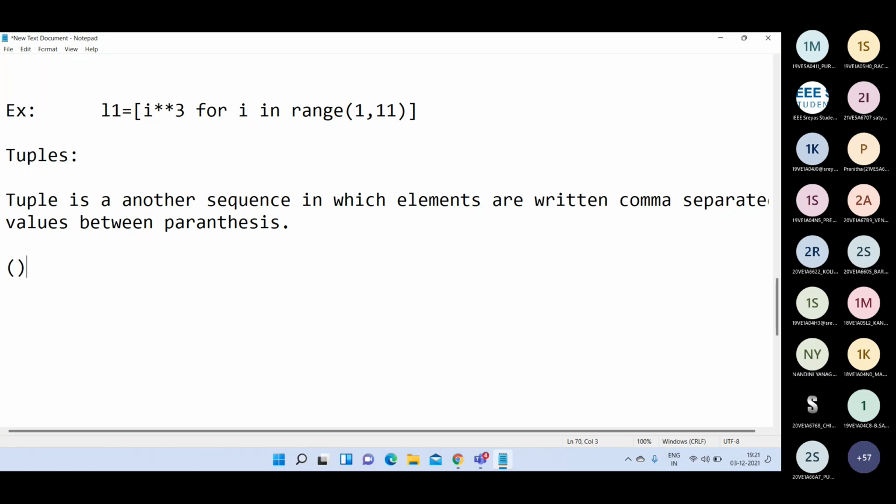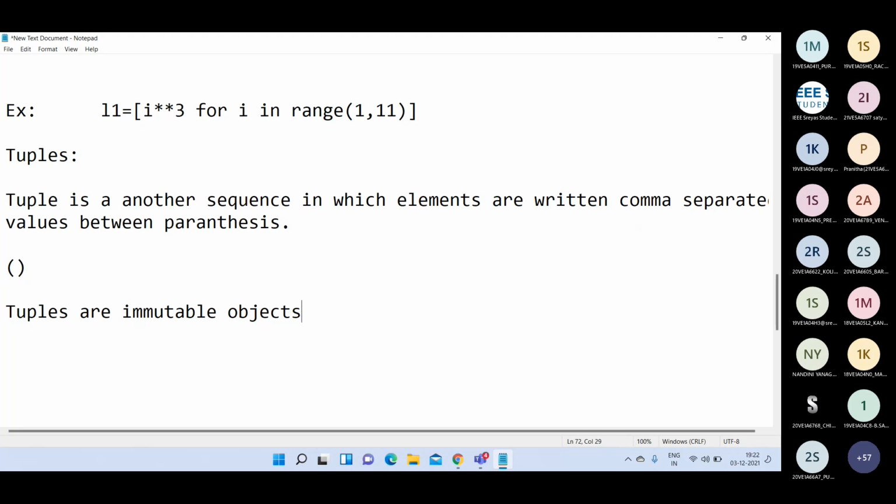The main difference between tuples and lists is that lists are mutable objects, whereas tuples are immutable objects. That is the major difference between lists and tuples.